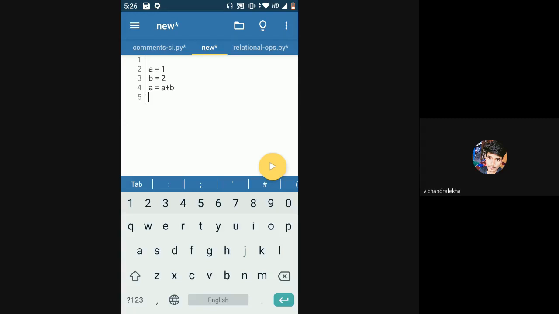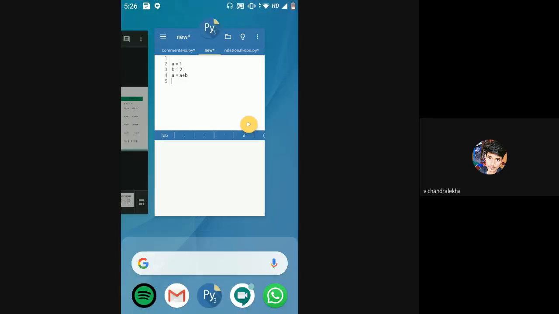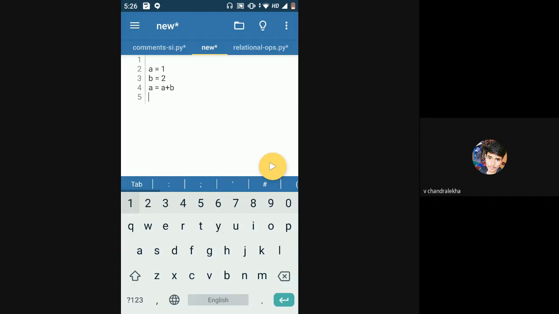So you're asking if this a is equal to a plus b is compulsory? Is it that it has to be put inside a only?